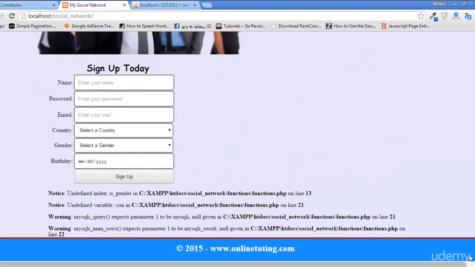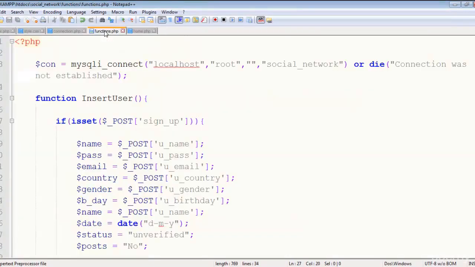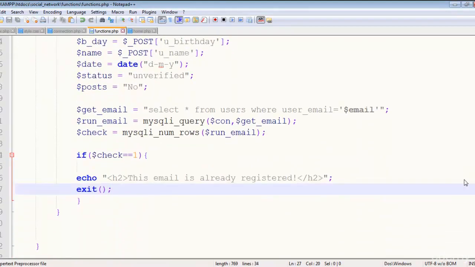It's saying undefined index u gender in this line 13. Some errors in PHP basically. Connection on line 121. Okay, all the problems are inside here in the functions page. Let's check: con mysqli connect localhost root social network. Okay, the connection is okay, but